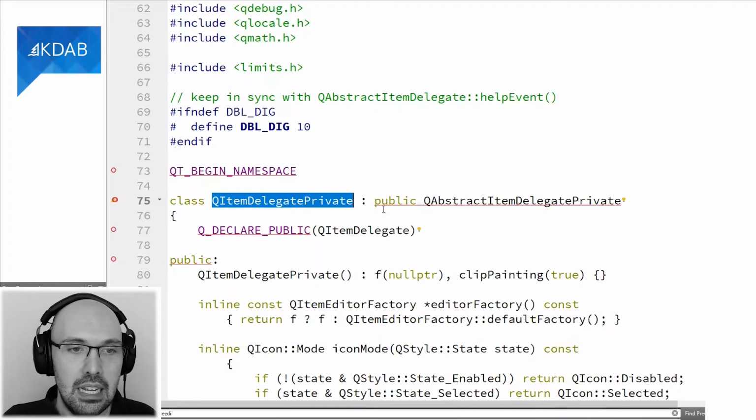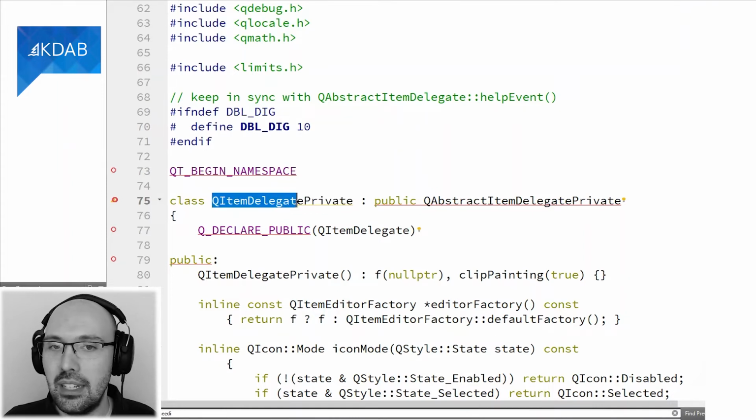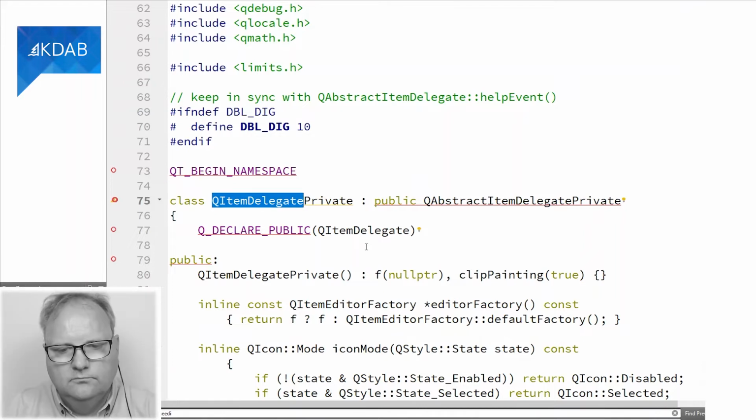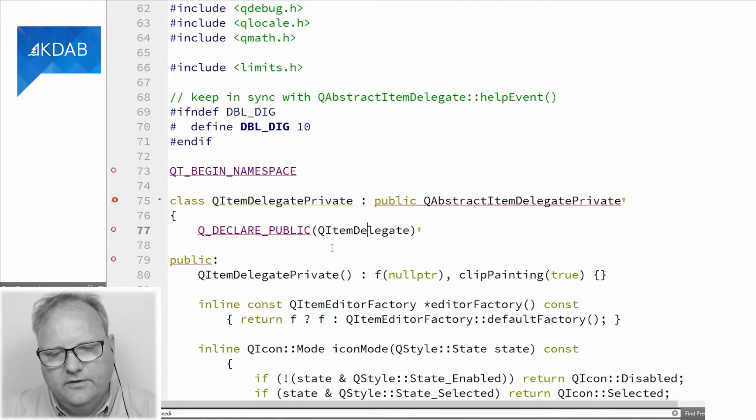You may be tempted to reach for it and grab it. And so for that reason, that file follows a specific naming convention that should make people realize what they're really doing: am I really supposed to include that file? The naming convention is simply the name of the class, so in this case QItemDelegate, _p for private, .h. Ah, that's what the _p files are.